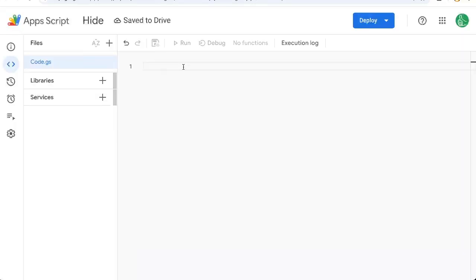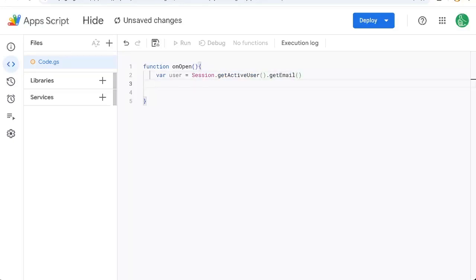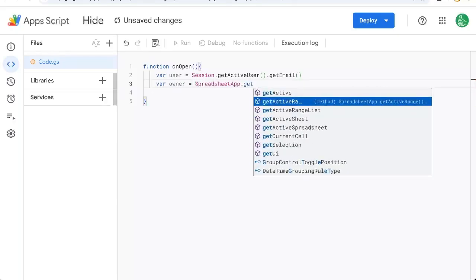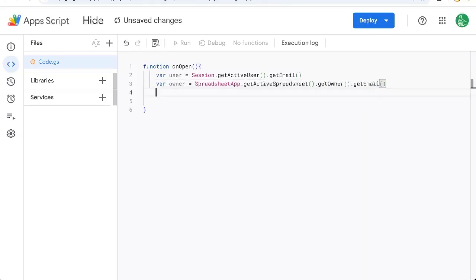When we're in AppScript, we need to create only one function called onOpen, and that's with a capital O. We need to get two pieces of information. One is, we need to know who the user is. So we're going to get Session.getActiveUser, and we're going to get the email address of the active user, and we need the owner. And the owner is equal to SpreadsheetApp.getActiveSpreadsheet.getOwner.getEmail. Now, if user is not equal to, meaning this exclamation point means not equal to, owner, then